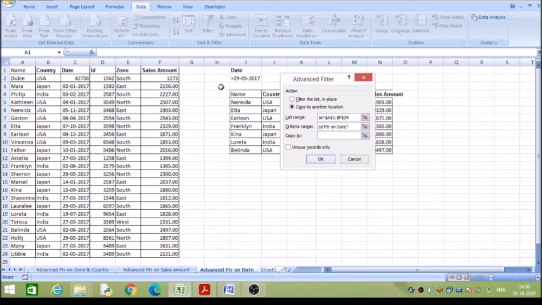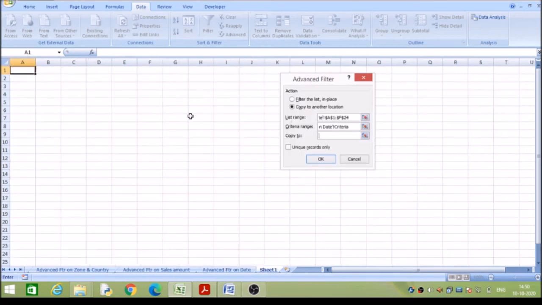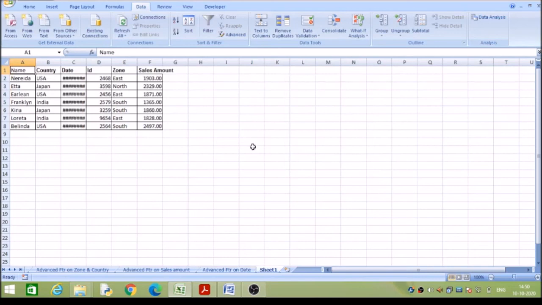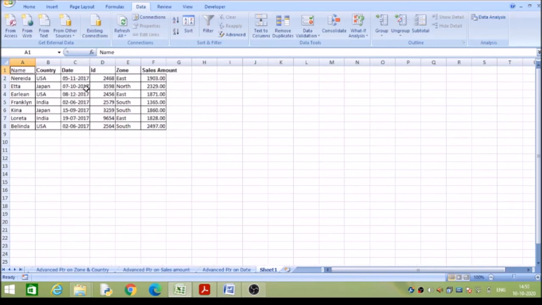So the criteria range can be in another sheet also, and copy to the location here in sheet 1. So here I'll get all the records in the new sheet. So we can paste it in a new Excel book, that is a new worksheet, also.